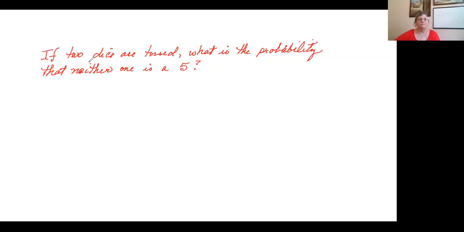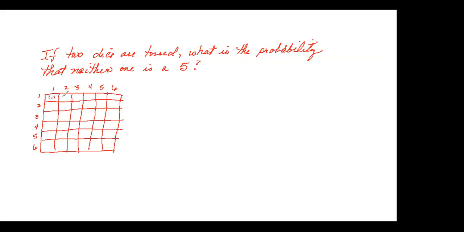To look at an example, if 2 dice are tossed, what is the probability that neither one is going to be a 5? So here we've got a 1 and a 1, a 1 and a 2, etc. This would be a 3 and a 2. This spot would be a 5 and a 6. I'm not going to fill in the whole thing. If we look at the probability that at least one is a 5, that would be these